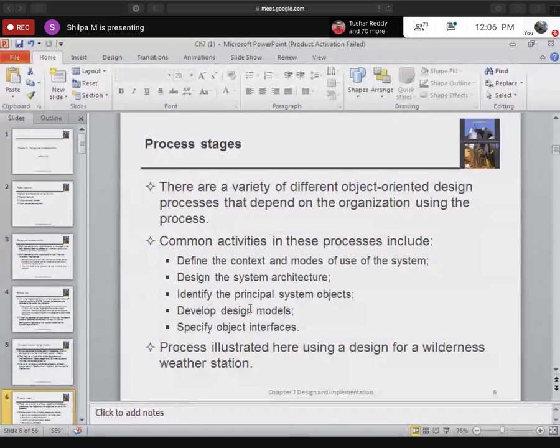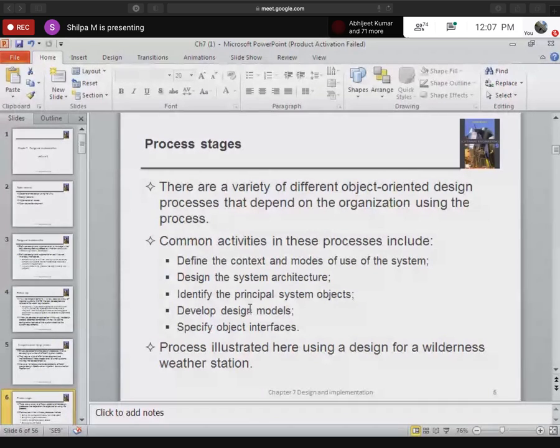So some of the common activities that are defined within the object oriented processes. Let's take an example where we have to design an object oriented system. The different phases, or the different steps, involved in object oriented design are: first, understand and define the context and external interactions of the system.